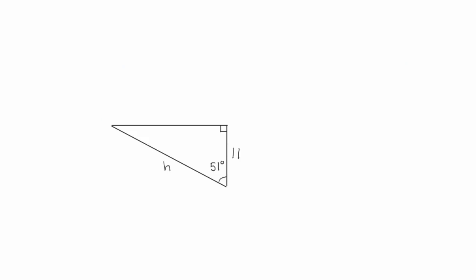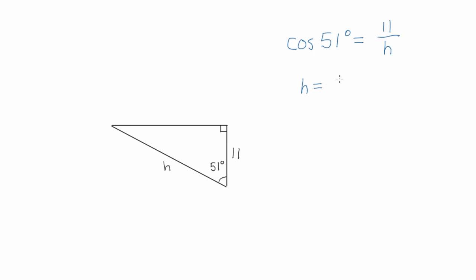So let's look at another example. In this triangle we have a 51-degree angle, and we know that one of the sides has length 11, and we'd like to know the length of the hypotenuse. So we note that we can form the trigonometric ratio, the cosine of 51 degrees, by taking the adjacent side divided by the hypotenuse. So cosine of 51 degrees is equal to 11 divided by h. And once again, we just solve for h. So we can do that by multiplying both sides by h and dividing both sides by the cosine of 51 degrees to get